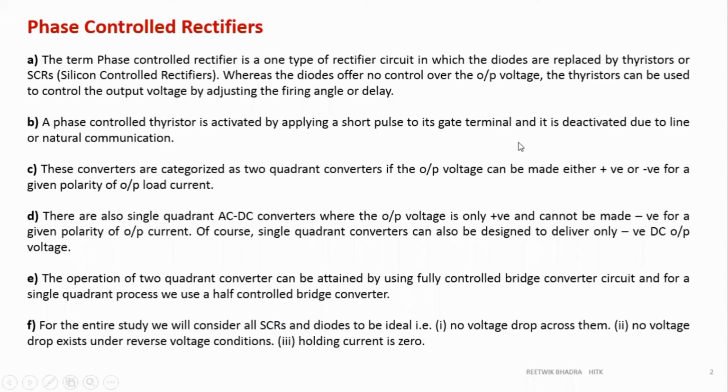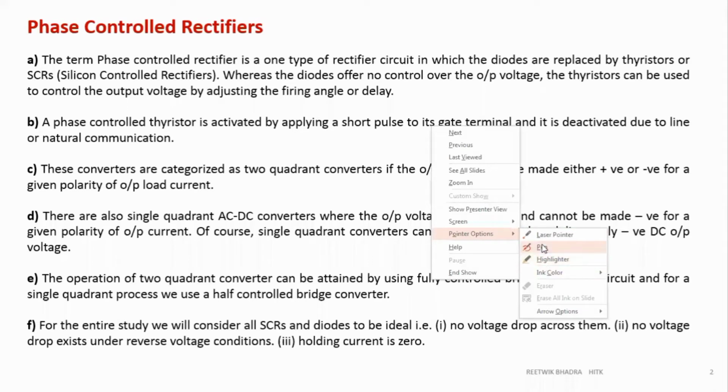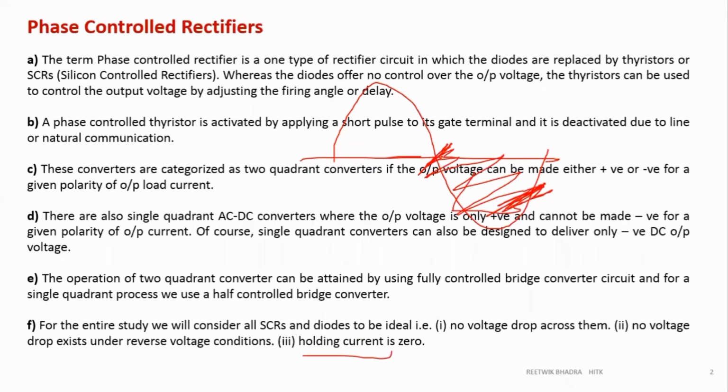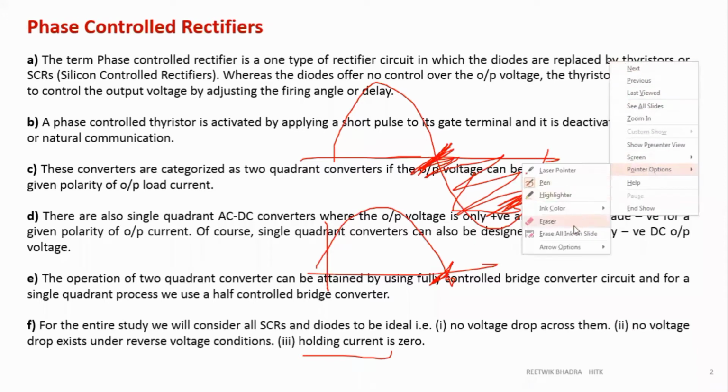That is nothing but what we are saying: in the positive half cycle the thyristor will conduct, and as soon as the negative half cycle is given, at this point the thyristor is off. So this portion the thyristor will be completely off. That is what I am saying by holding current 0. So this reaches 0, voltage and current; if you draw the current also, it will reach 0 over here. That's why we see that point as a cutoff point, or the holding current reaching 0.